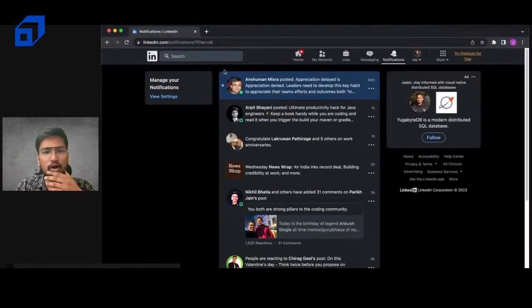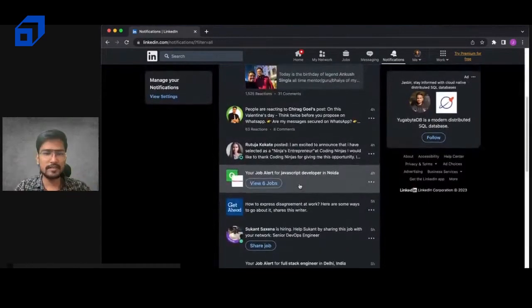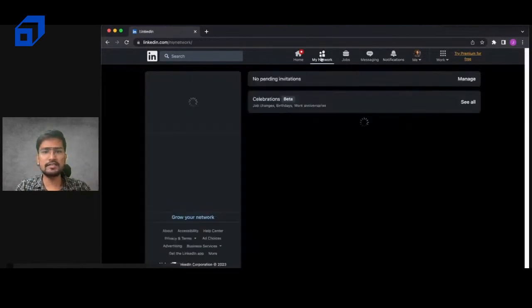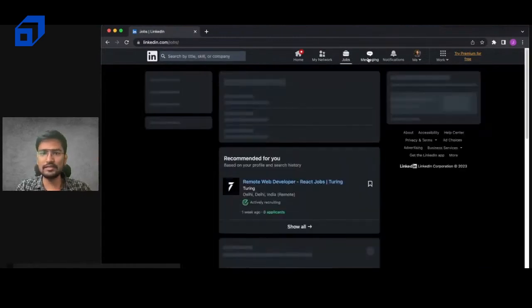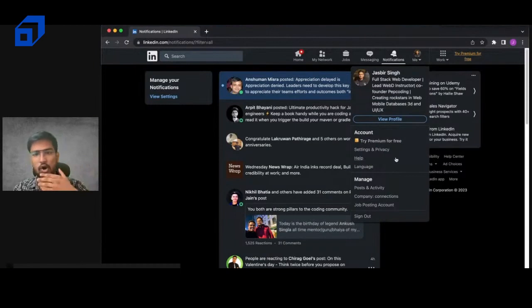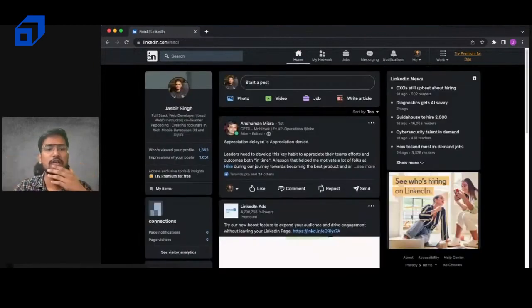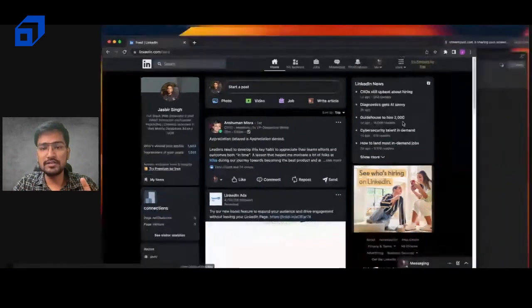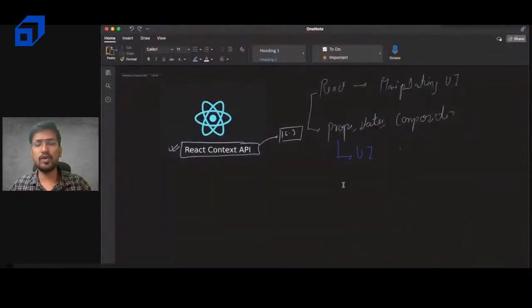There is this basic notification bar, this network bar, this jobs bar, this messaging bar, this notification, and this drop down is also here. So there are many moving components. I can click anywhere and it gives you different features on clicking any of those components, and there are so many things going on. So at the application level, whenever the application grows large,